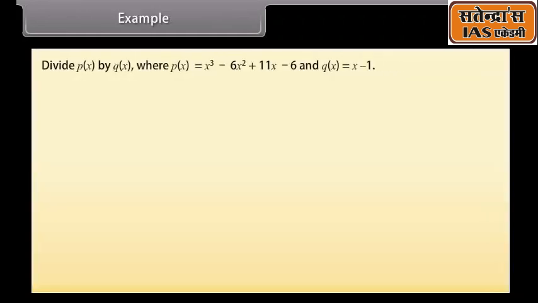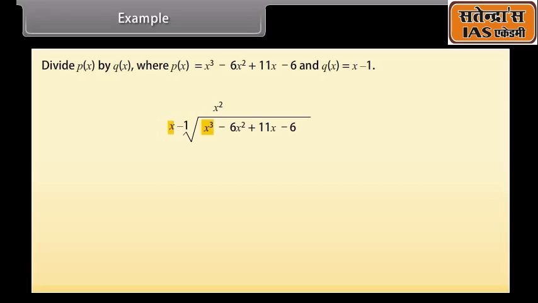Example: divide p(x) by q(x), where p(x) is equal to x cube minus 6x square plus 11x minus 6, and q(x) is equal to x minus 1. We can write it this way also. The next step is to divide the first term of the polynomial. The first term should be the one with the highest power by the x part of the factor. In this case, you divide x cube by x to get x square, which you then write at the top